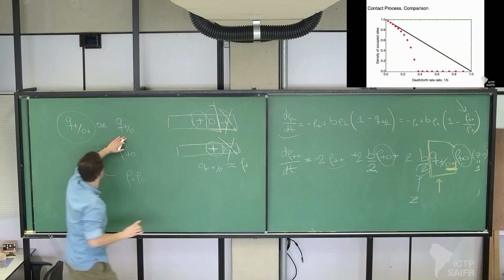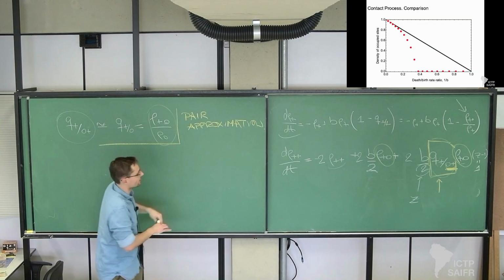And this is the pair approximation, okay? So now I can put this here, and I have all my equations written in terms of, well, of course,